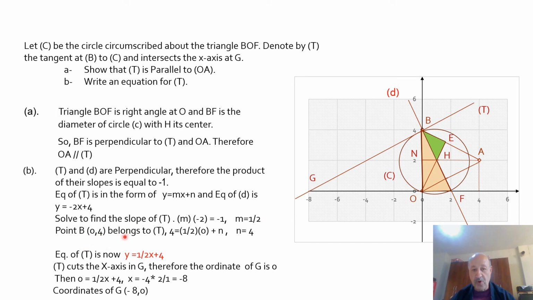Point B (0, 4) belongs to T, so the coordinates of B should satisfy the equation. This will solve for n. The equation of T is now y equals half x plus 4. T cuts the x-axis in G. Therefore, the ordinate of G is 0. Then 0 equals half x plus 4, so x is equal to -8. So the coordinates of G are -8 and